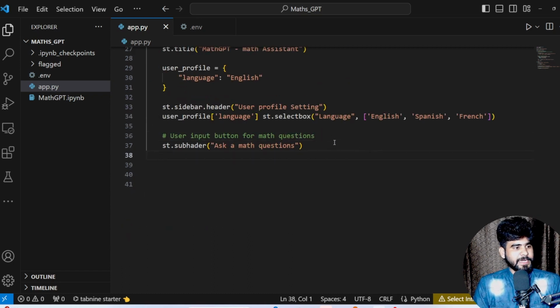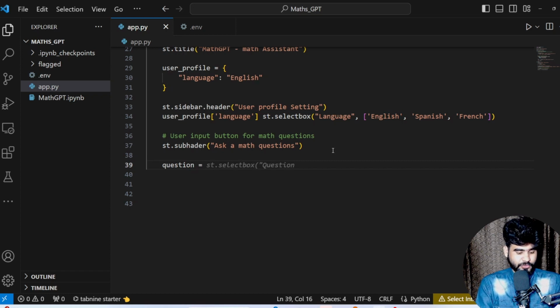So let me create a variable called question, and question equal to st dot text underscore area, and in this text area we are going to define how much area we can define under the text. Here we can write "Write your questions here".